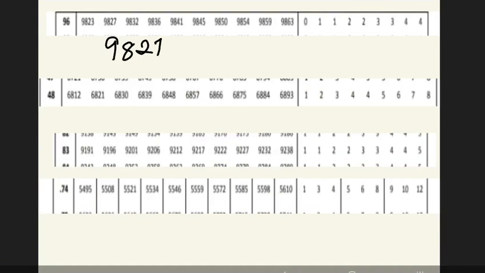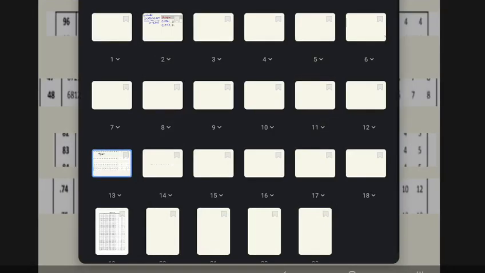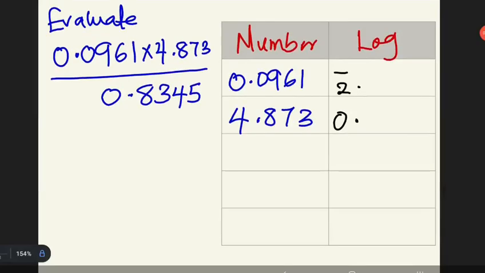Let's go and write it: 9827. The next one we are going to find, let's go to the logarithm table to find 48